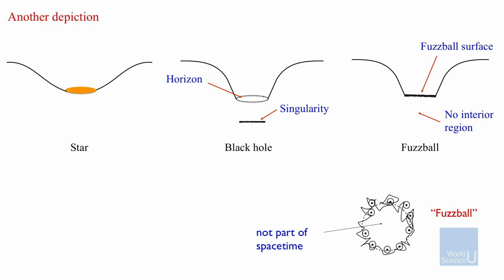And this part over here is what I was drawing for you as a fuzzball. This surface is this surface over here. And there's no inside to the black hole. There's no singularity. All the problematic things. A singularity was a terrible thing to have in a real theory. It's gone. The horizon was the one creating all the troubles by having this pair production. That is gone. And we actually see the states.